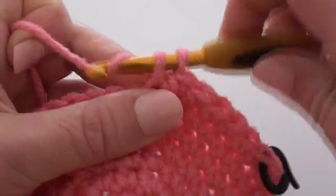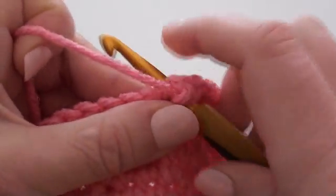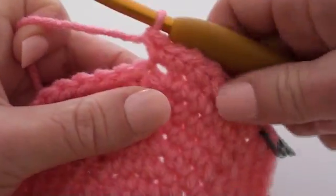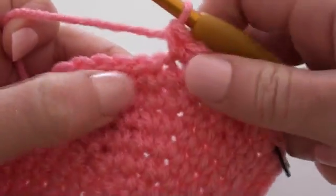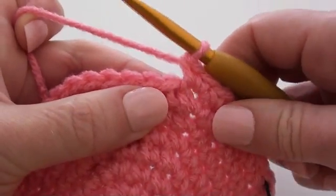So there's our first one and our second one, and that's our sequence for this round. So 1 single crochet into each of the next 6 stitches,